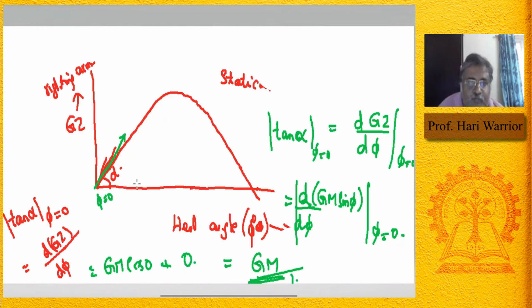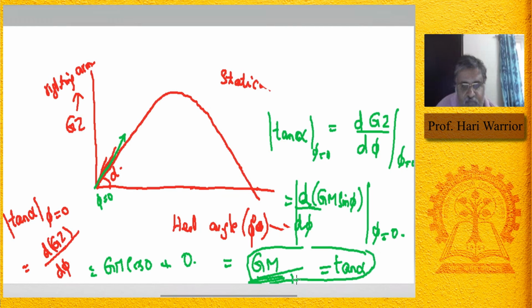It is GM. Now we can do one slight trick to find out the GM using some graphical methods. See, this is what we have: tan alpha, which is the slope of the curve. Tan alpha is equal to GM divided by 1. So if I have GM, and let us assume 1 radian, at this point I take a distance of 1 radian,